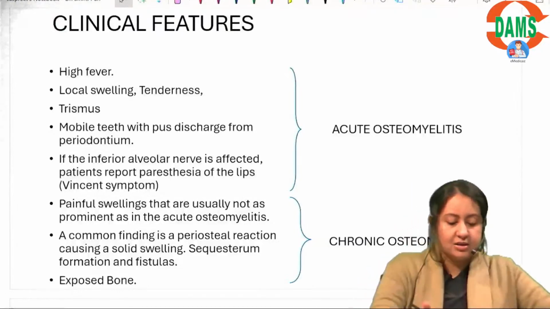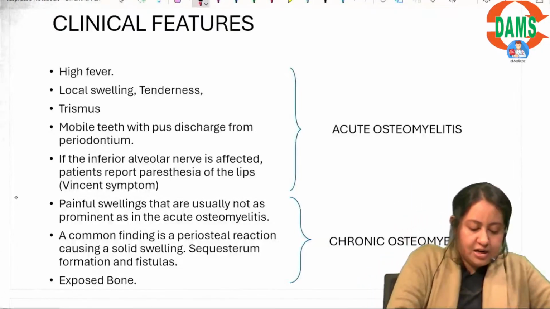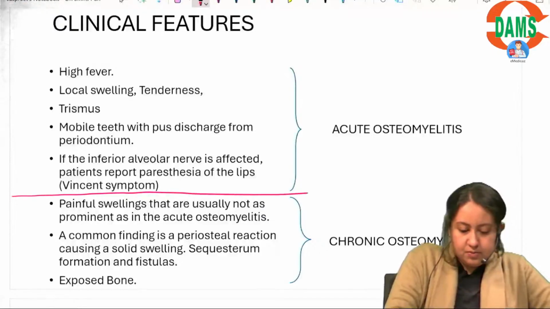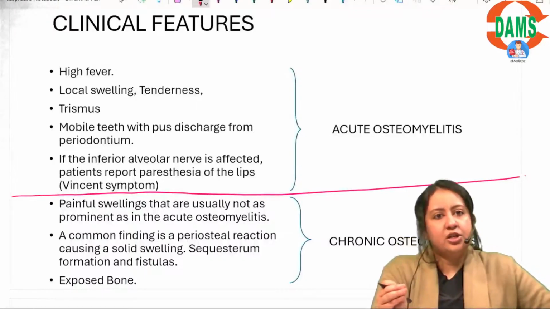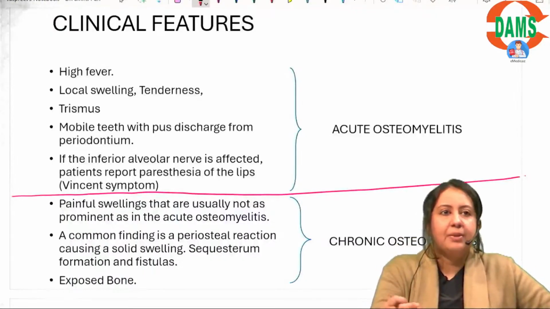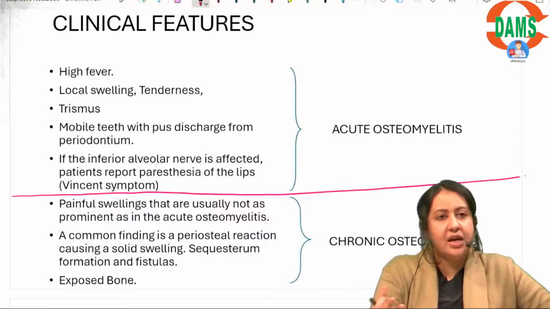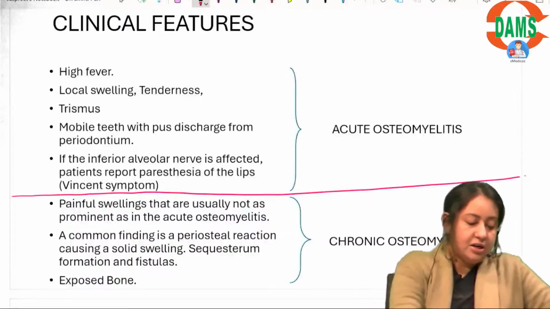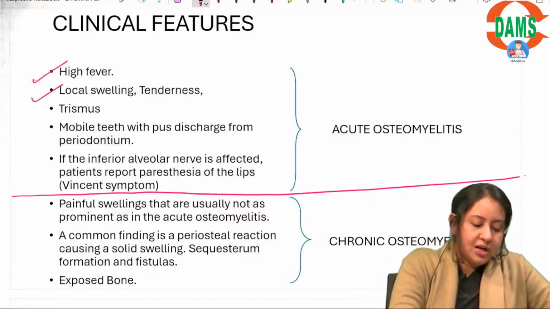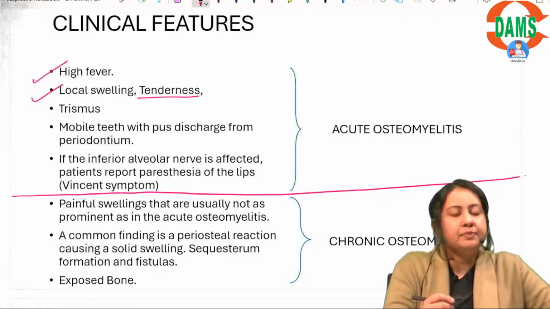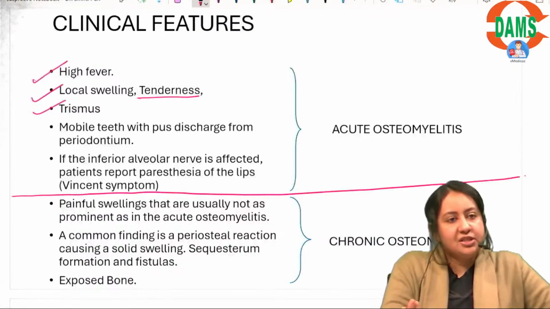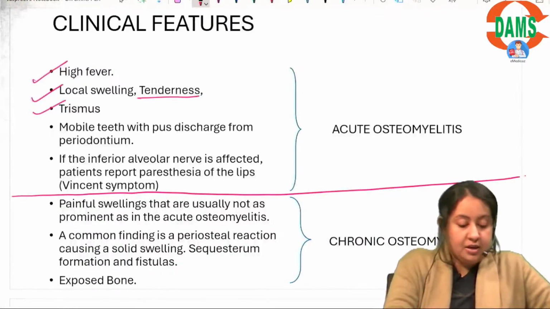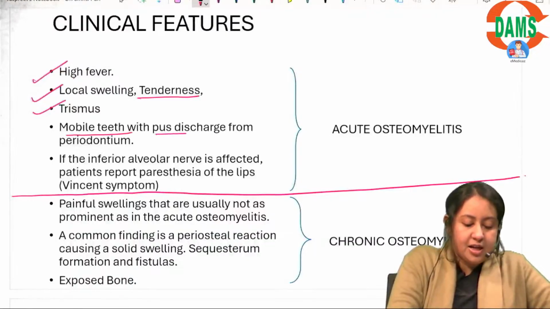Alright, so now let us see acute osteomyelitis clinical features first. So any acute condition, we are very well aware what will happen. There will be high fever, there will be pain, there will be swelling. Alright, so high fever, localized pain or edema and tenderness, that is pain. Patient might also have trismus, and if it's an acute condition, then patient will have mobile teeth with pus discharge